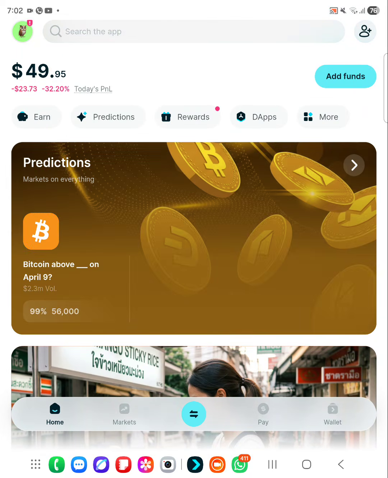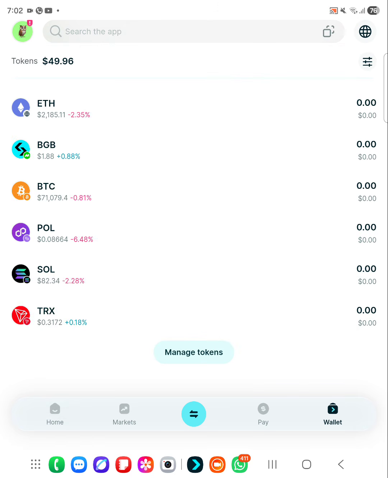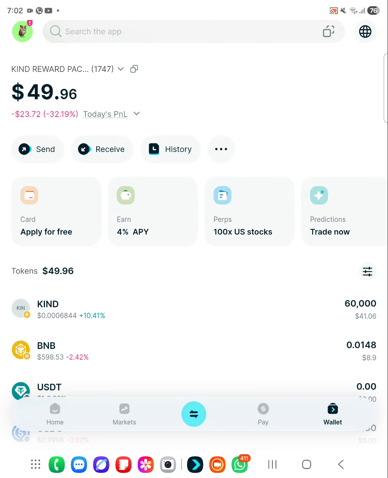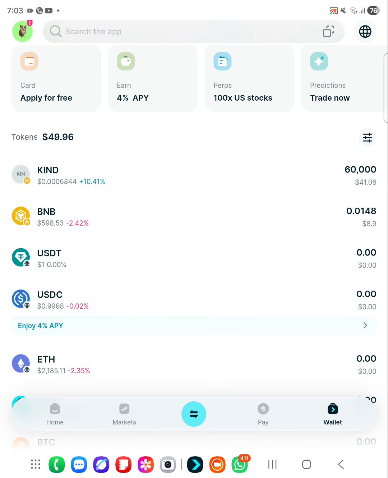So here is my wallet. I just set up this wallet in BitGet. You can have multiple wallets. You can have hundreds and hundreds of wallets. So here I've set up this wallet. I've funded it with Kind, as you can see, and then of course BNB, which is even falling, and that's